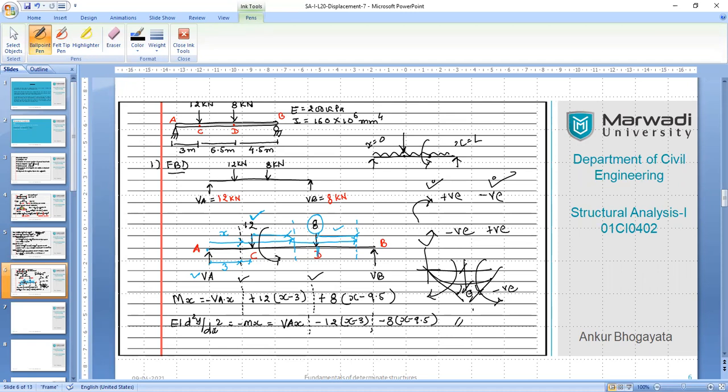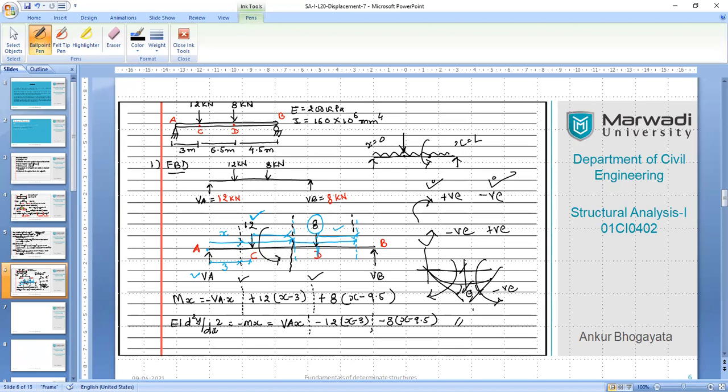So here, as you can see, 12 kilonewton is the force which is available at the beginning of the new segment C to D, but its distance is available with us from point A. So indirectly we are referring to the distances of these forces with respect to point A only, but we are expressing it in an indirect way. So here we have shown the same, like 12 into x minus 3, that's the moment equation at this level, right? Right now I am making a new line over here. So if you want to check this distance, you have to have an expression in terms of x minus 3.